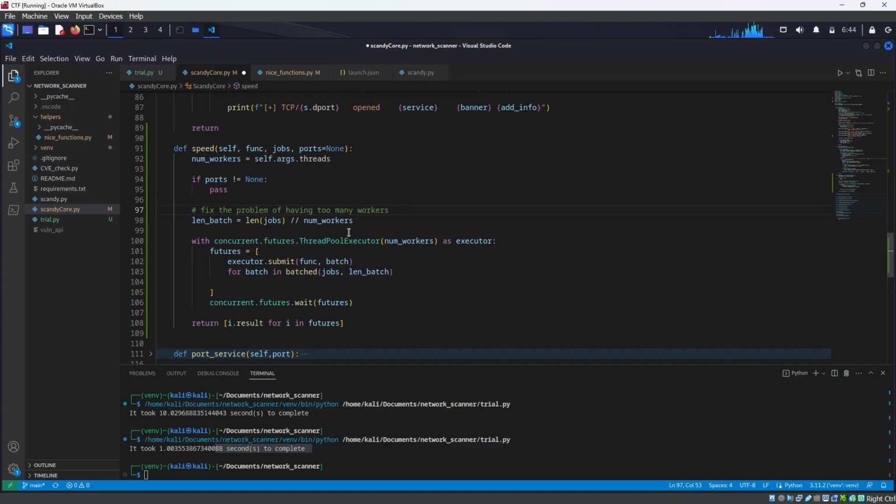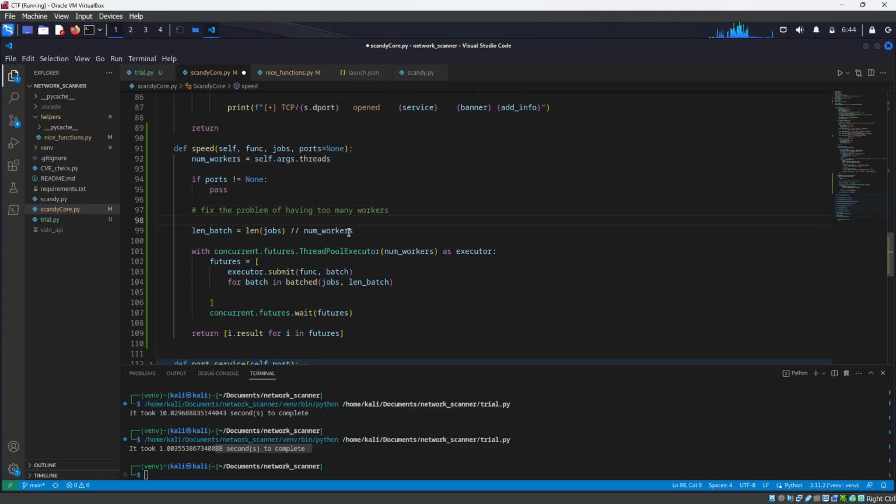The user passed 1,000 threads and you have just 10 posts to scan. It doesn't make sense to have 1,000 threads for just 10 jobs. So ideally, if the number of workers is less than or equal to the number of jobs, then